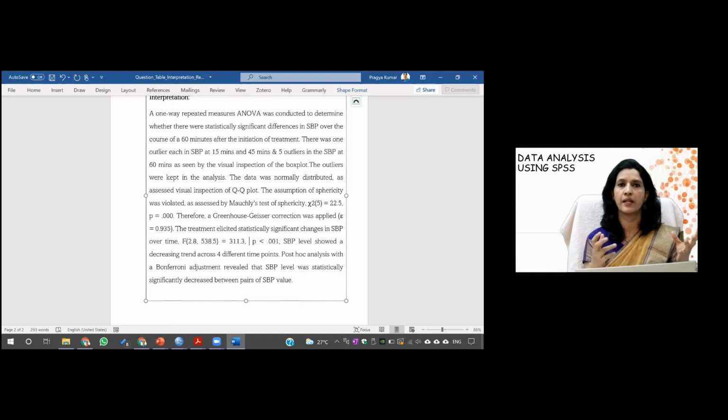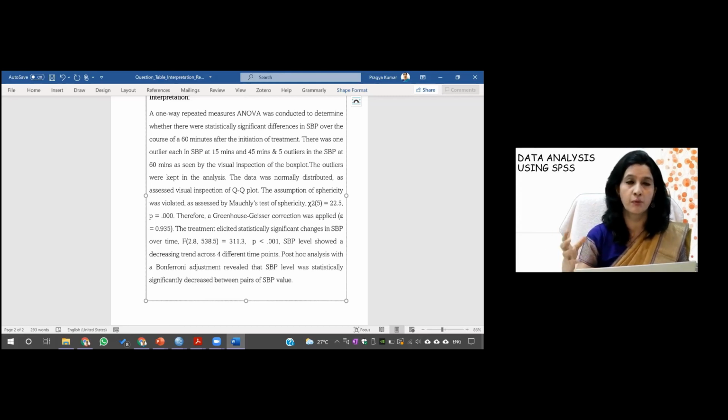So this was data that we created. Maybe with normal data, you may not find the significant value, and then you have to report whether the difference between 15 and 45 minutes is significant. Or like in the case of COVID, if the CRP level starts decreasing significantly after 28 days or maybe after 2 months, then you can say that was the time point where the effect of treatment was observed very significantly. So this is the way we interpret the repeated measure ANOVA.